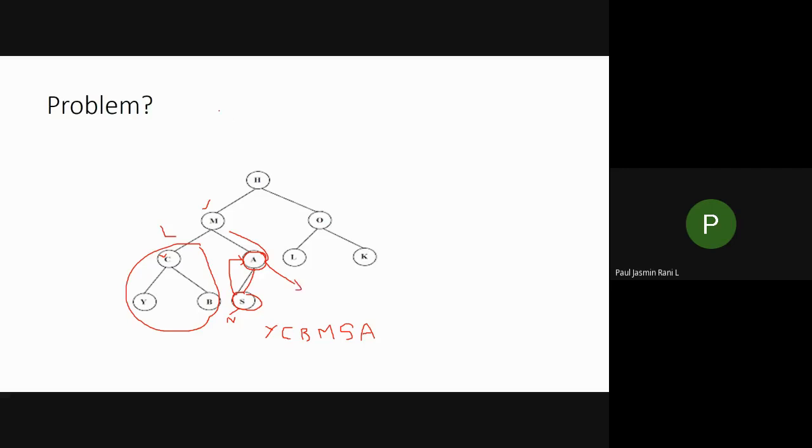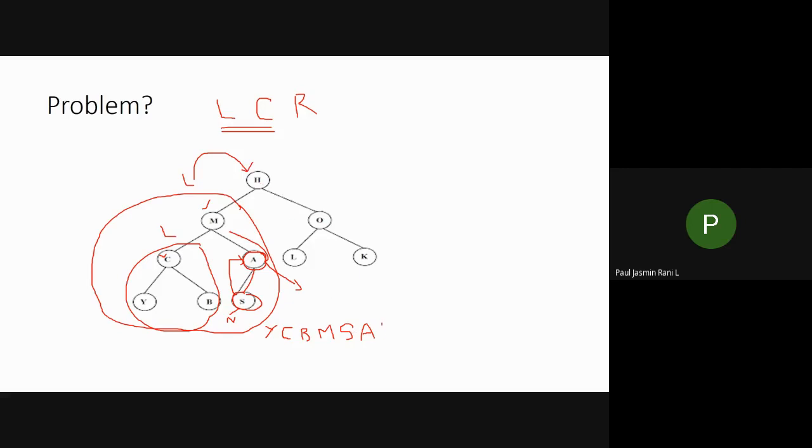What is the in-order traversal? First, you have to print the left. Next, you have to print your current node. Next, you have to move to your right side. When the left subtree is over, then I have to move to the right side. On the right side, I don't have any element. Therefore, what I have to do? I have to go back. If I don't have anything on the right side, it means all the elements in the left subtree are over for this parent node H. So after this A, I can visit H.